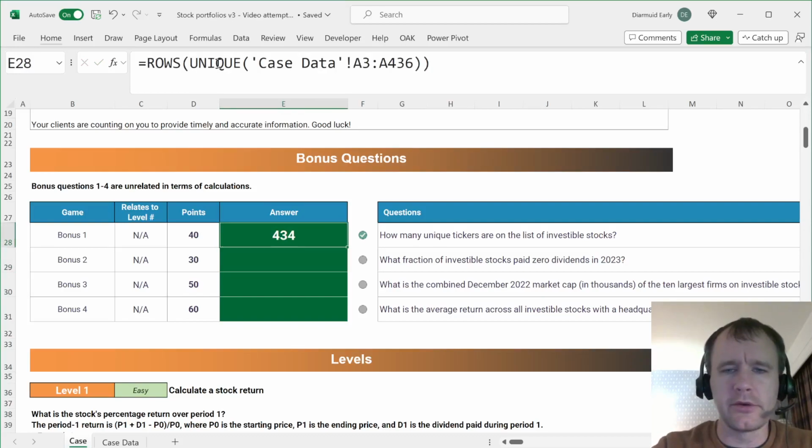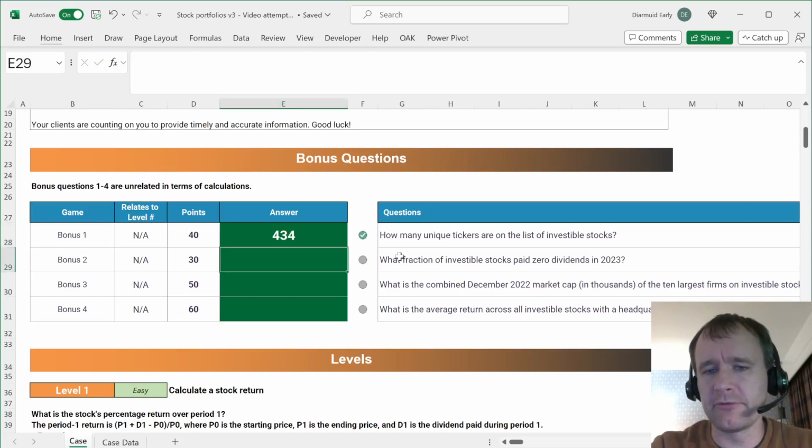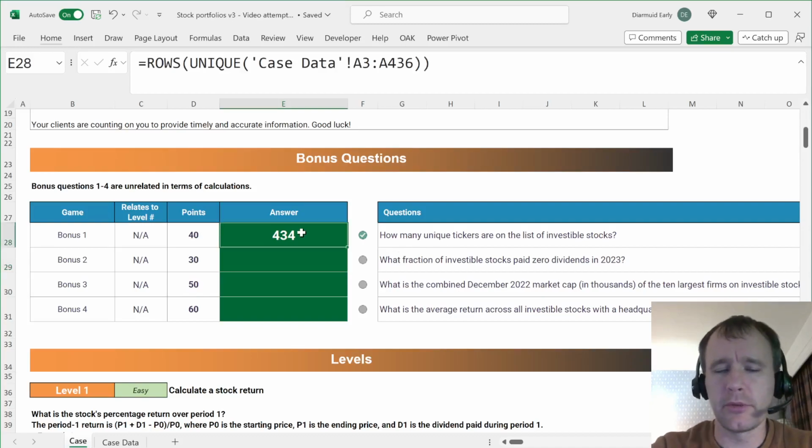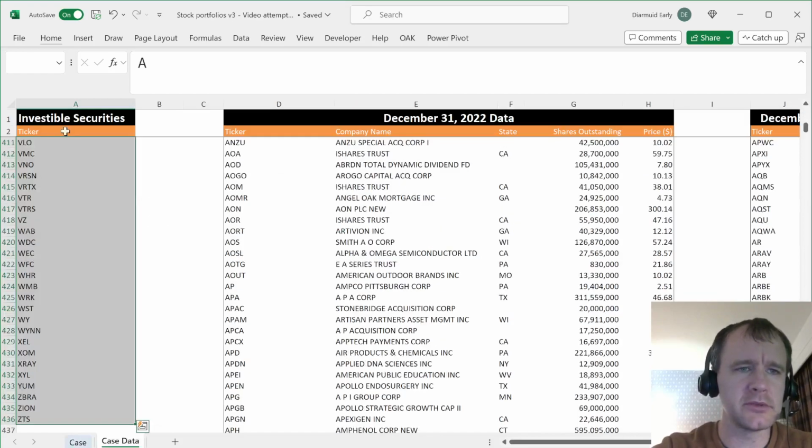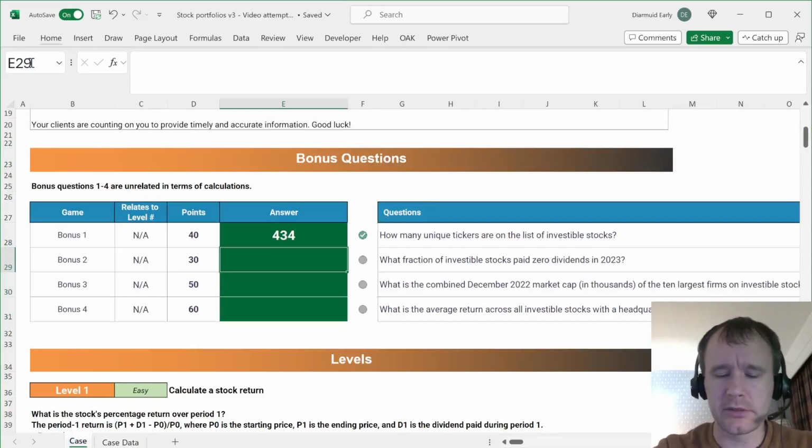But like I said, there are no duplicates, so it gives you the same answer. What fraction of investable stocks paid 0 dividends in 2023? So we already know the total number of investable stocks, so we just want to know how many of them are 0. I'm just going to give this list of investable stocks a name for ease of navigation. So then I'm going to say